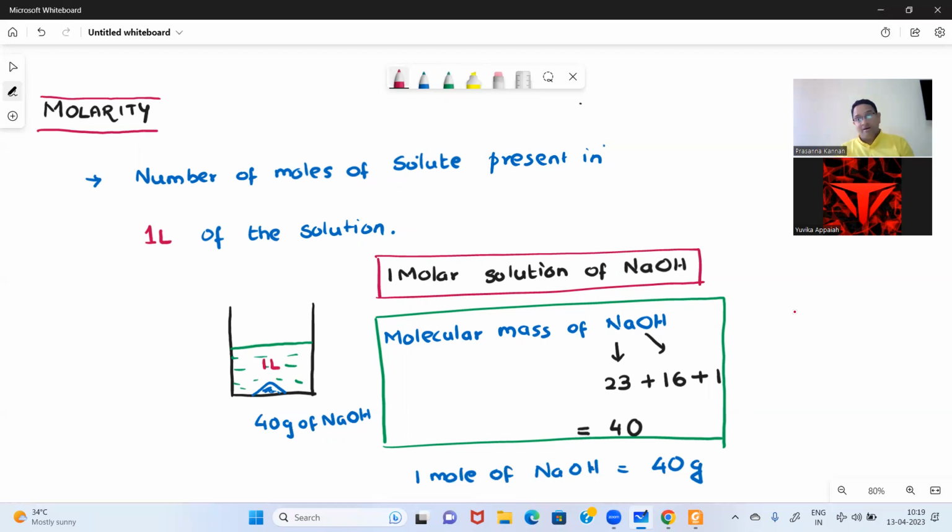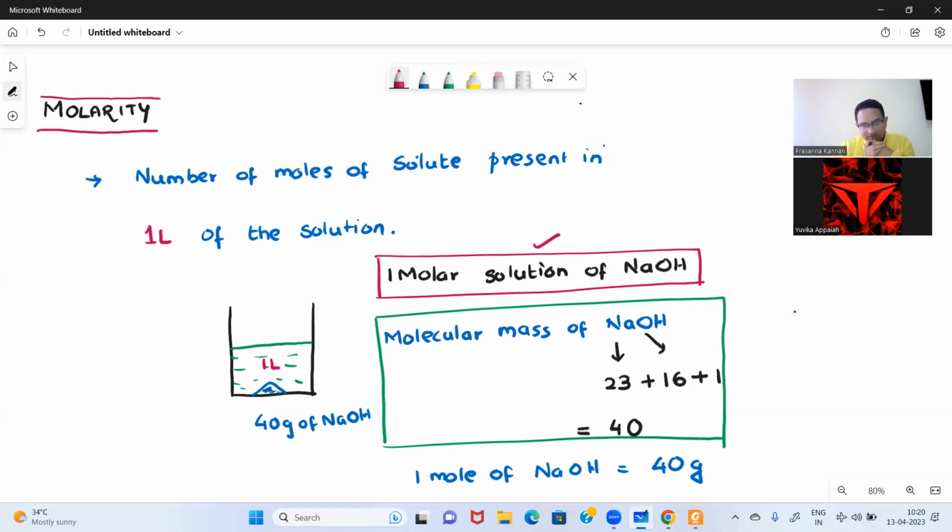1 liter, along with sodium hydroxide. Are you clear with this? Yes, sir. This total volume is 1 liter. Now I can say the solution is what? 1 molar solution. Suppose if I have, instead of 40 grams, 80 grams of sodium hydroxide, together with sodium hydroxide the solution volume is 1 liter. It will be 2 molar. Clear, Viveka? Yes, sir. Suppose instead of 80 grams, if I have 20 grams of sodium hydroxide,